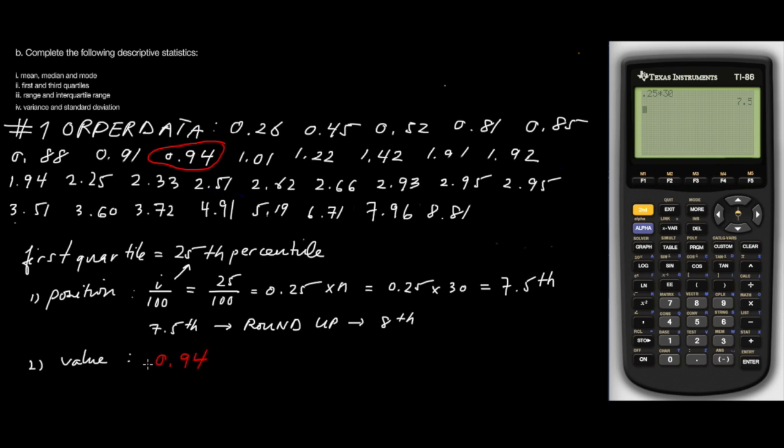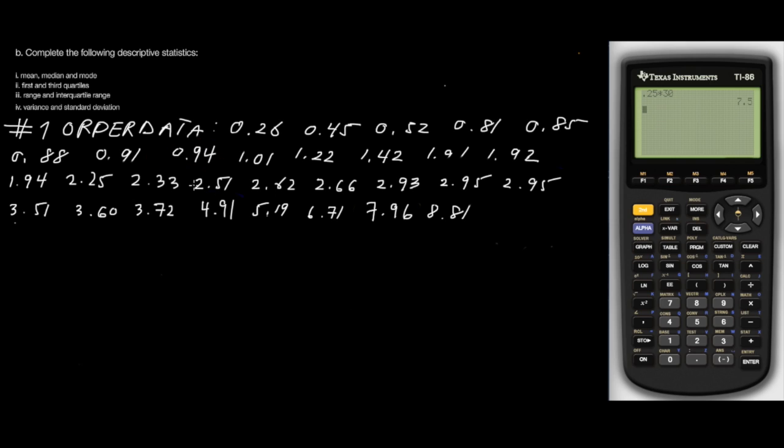So that is our first quartile, which is also known as, and this will be useful for our box plots, as Q1. All right, so now let's solve for the third quartile, which is the 75th percentile,